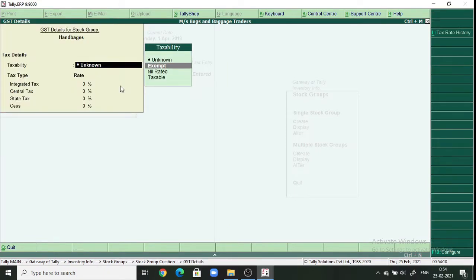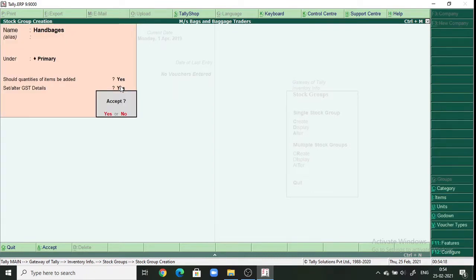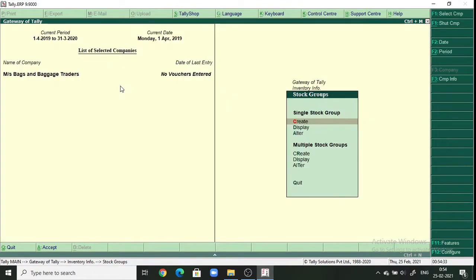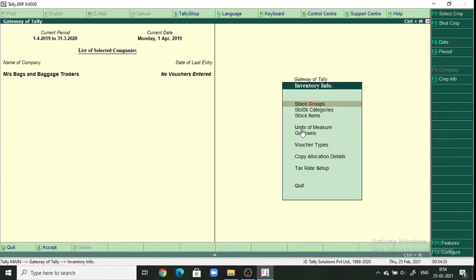Select here taxable and write here as 28. They're automatically divided, and accept it. You can either give the GST details in the purchase account or while creating the stock item or stock group. Go back, click on yes, go back, click on the stock item